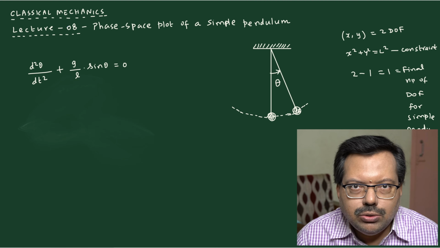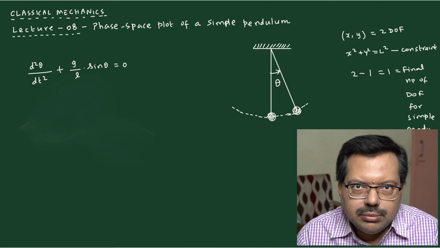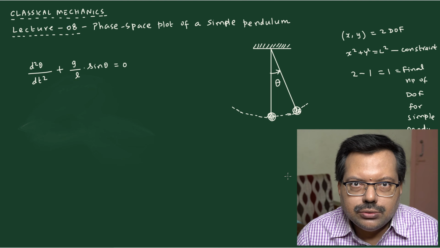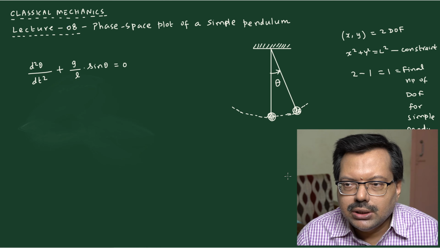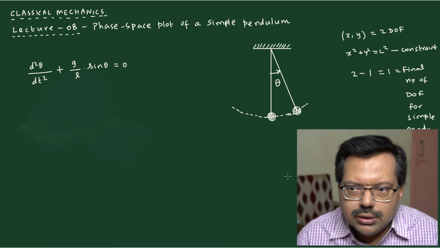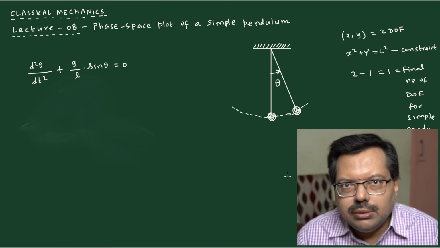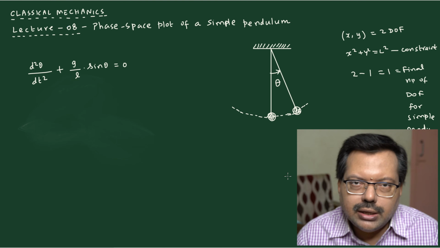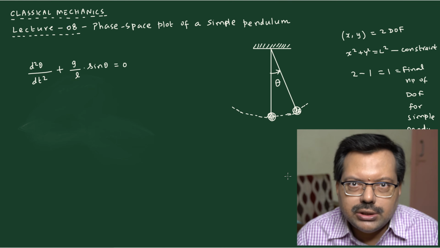So generally you will be doing like this. First you start with the maximum number of coordinates required to represent in 3 dimensions. Then you try to find out what the possible constraints are and keep subtracting. And when you reach the minimum possible, that minimum number of coordinates required to specify the state of the dynamical system is what is known as the degrees of freedom.